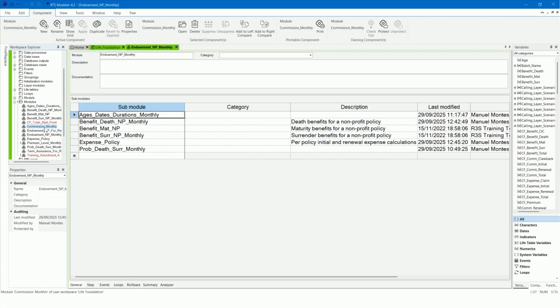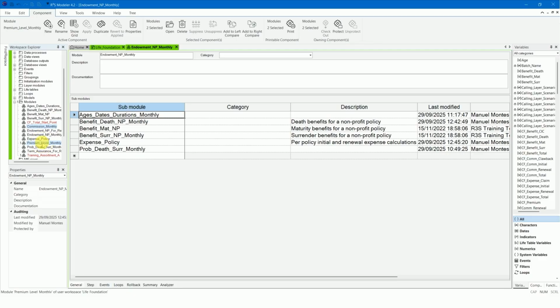Use the modules Premium Level Monthly and Commission Monthly as submodules of Endowment NP Monthly.